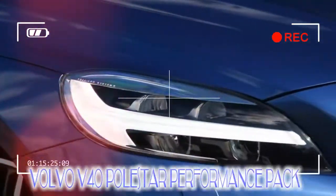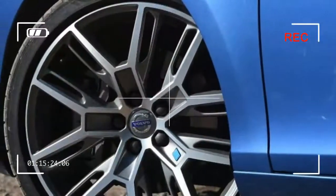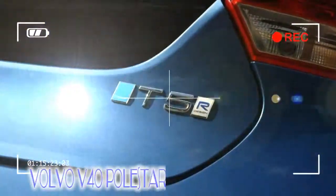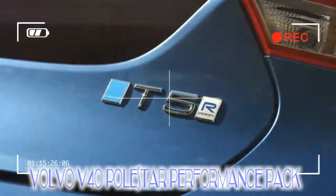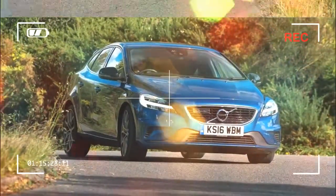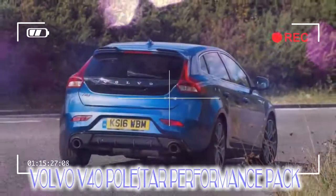The V40 has always been a decent car to drive, with accurate steering and tight body control. The Polestar Performance Pack builds on a solid base, then, by adding a variety of bespoke parts to Volvo's competent Audi A3 rival. Available for D4 diesel and T5 turbo petrol models, the Polestar pack costs a not insignificant